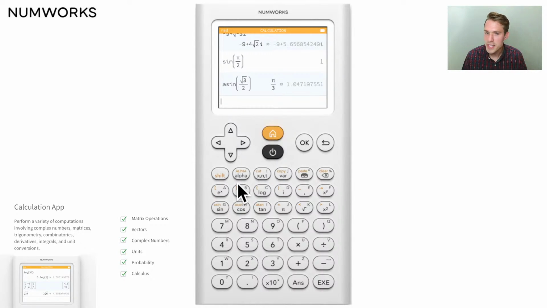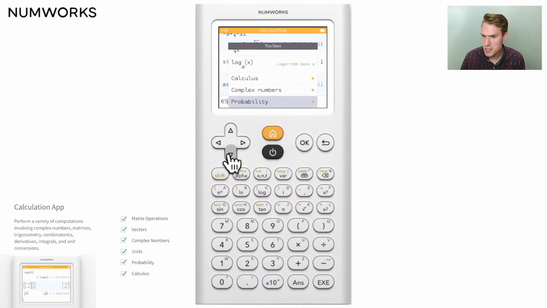All right, so let's talk about units. Again, units are a very powerful feature of the NumWorks calculator. And there were some questions last time about how exactly to use units, like what you can use, how you can use units on the calculator. And one way that we can use units is to do unit conversion. So for example, let's say that I wanted to convert 65 degrees Fahrenheit to Celsius. So I'm going to start by entering my value 65, and then using the Toolbox menu, let's open up the